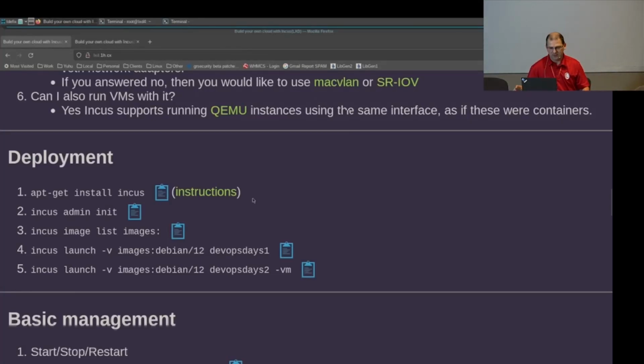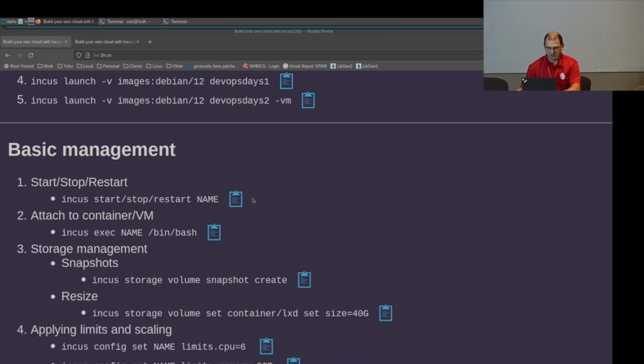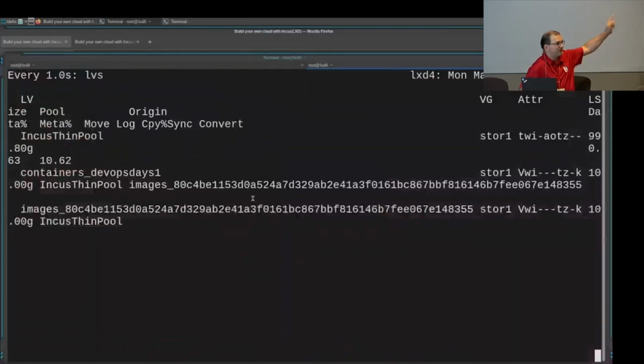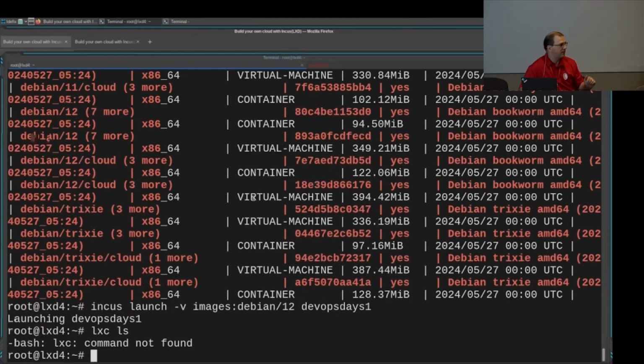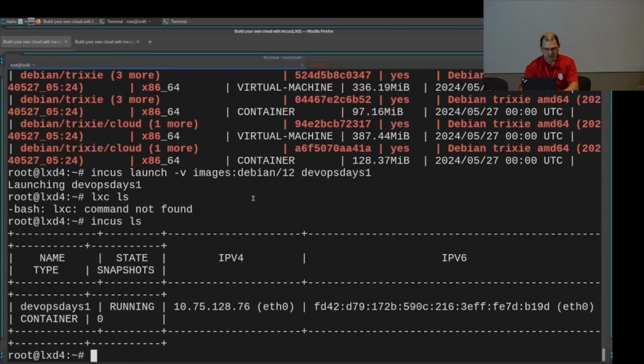manage this. And one thing that you may have noticed that I did was, okay, perfect. We just saw how the volume was created, and as soon as the volume was created, we have our container, LXC OS, incus LS. And now we have our DevOps Days 1 container. But before I dig into that,